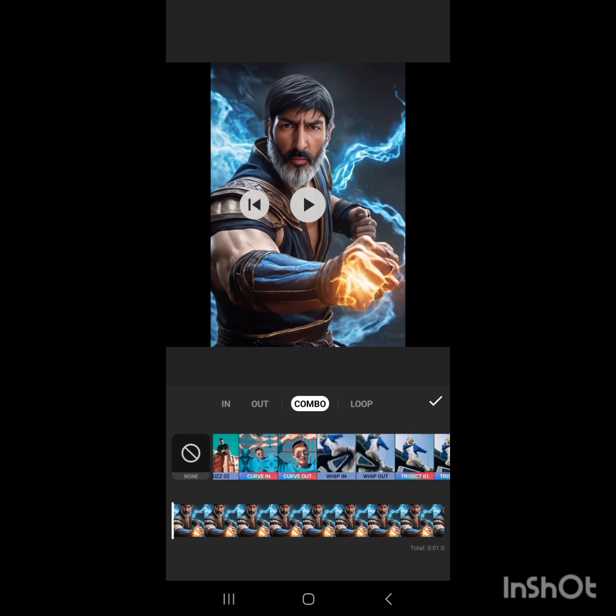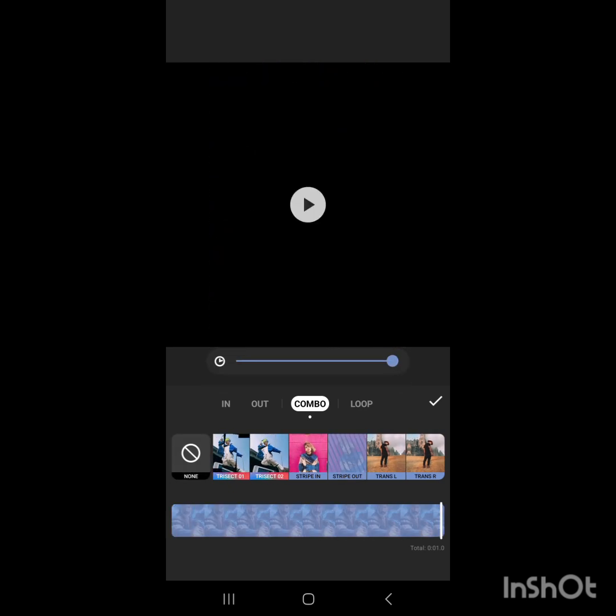Okay, so for this version, the ones that have the curve in, curve out, where you see the bottom looks like a different color, that's the pro version. They'll show you what it looks like, but you can't actually use them in your video, because for myself, I don't have a paid version. So then I go do this, click on it, next, and then we'll do